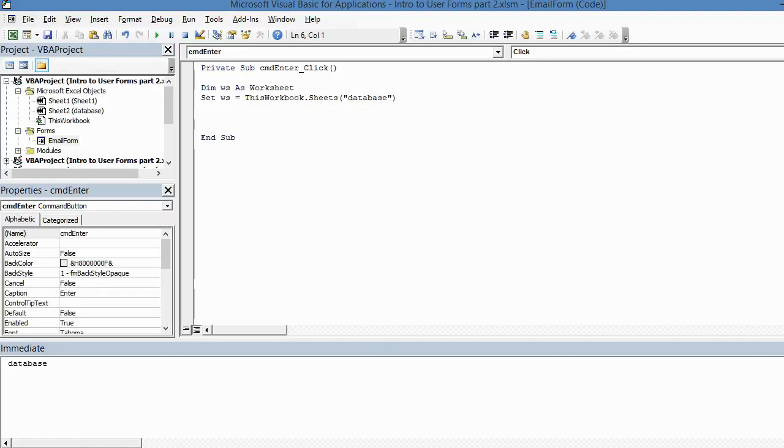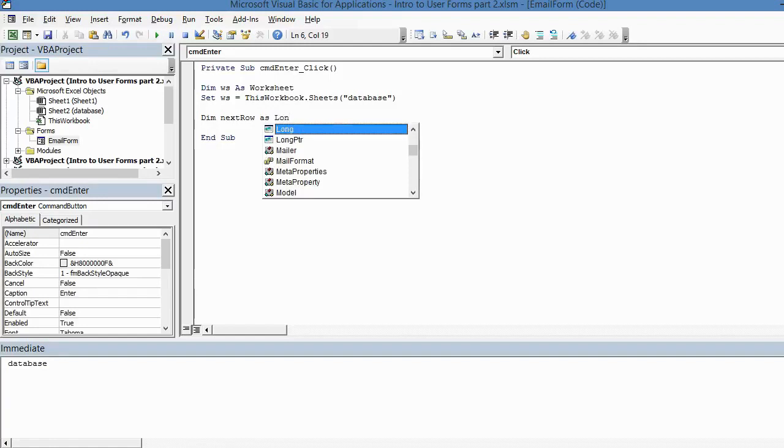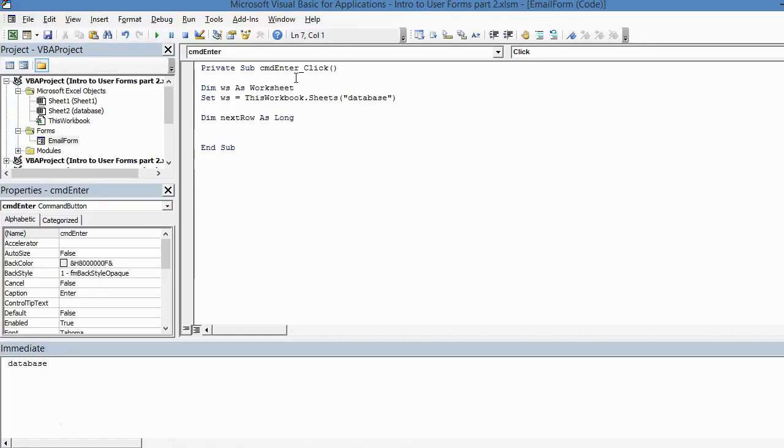And so we've got that set. So the next variable we need to set is our next row. I'm just going to call it NextRow. And I'm going to declare that as data type Long. And since that's not an object, I can just set this without the Set keyword, NextRow equals,